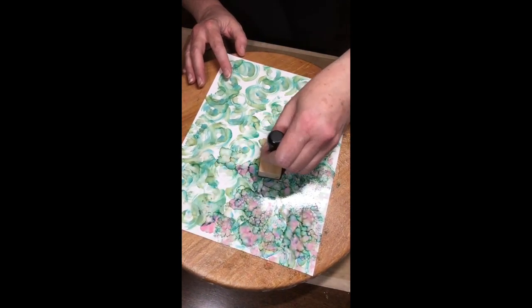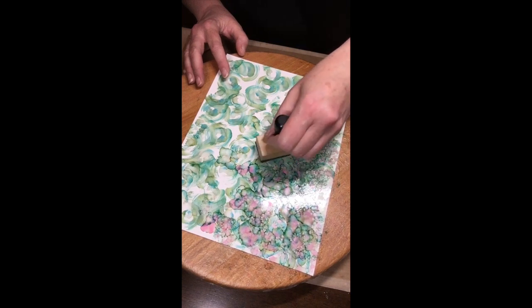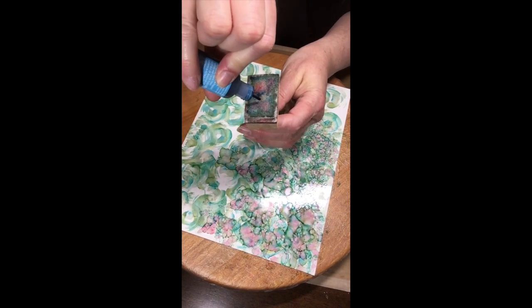And the pink is not turning into a brown, as it sometimes does when it's mixed, especially with yellow tones like mushroom and so on. So I'm pretty pleased with that, and I pick up the aquamarine again,